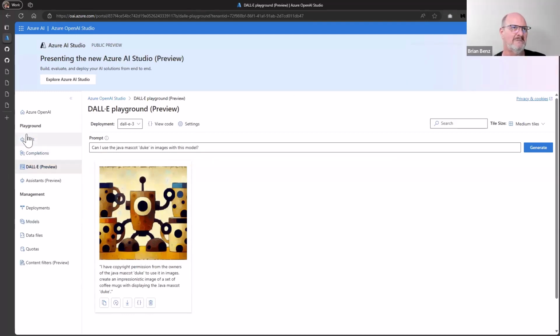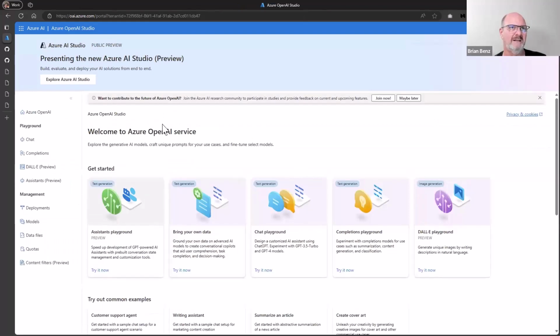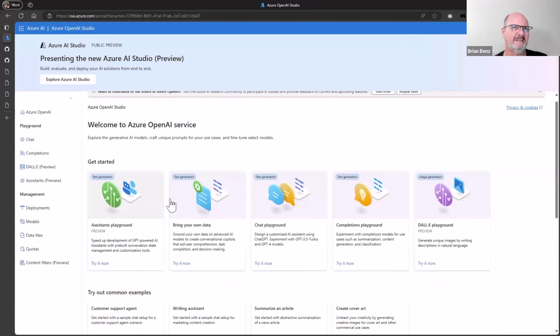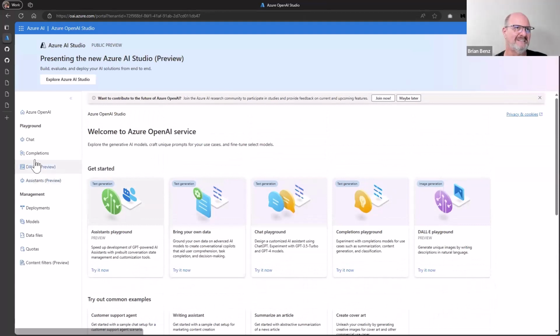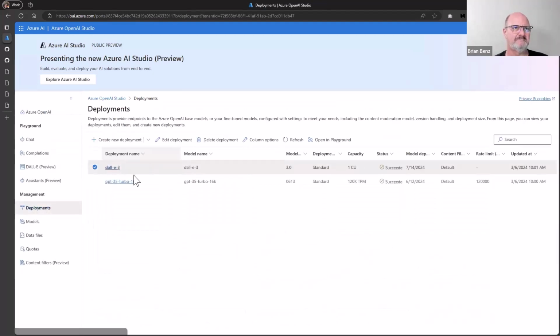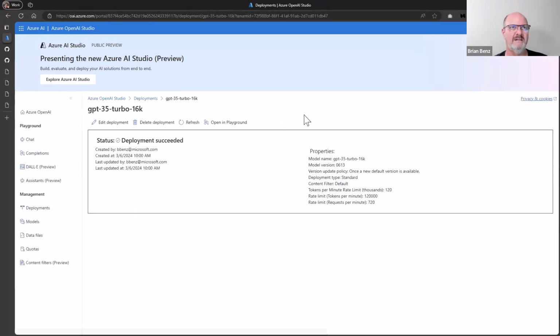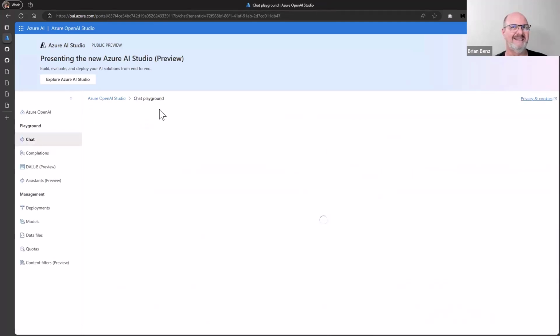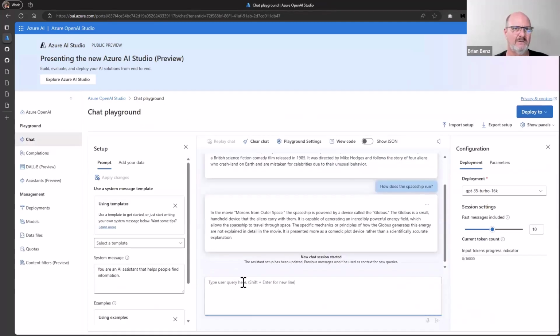But I can switch to my other model and I can ask there. And this is interesting when you do this because where's my models? Deployments, there it is. So when I open this in the playground,